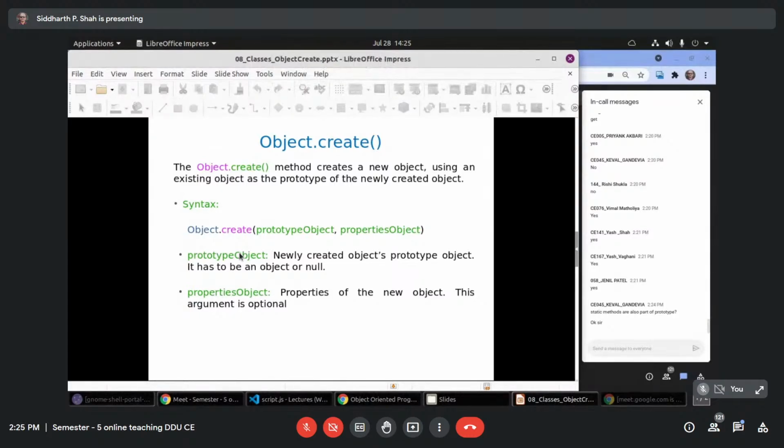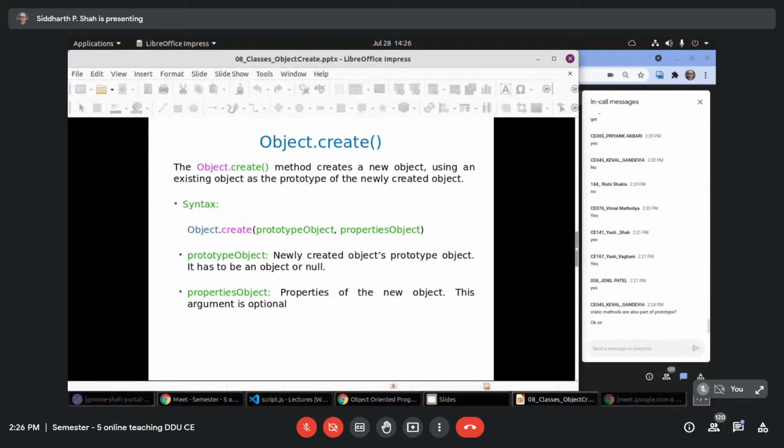Now, a very important thing: Object.create. Give me 10 minutes, I'll complete this. The Object.create method creates a new object using an existing object as the prototype of the newly created object.